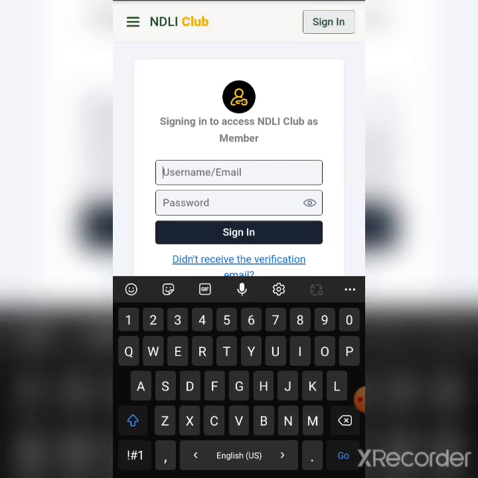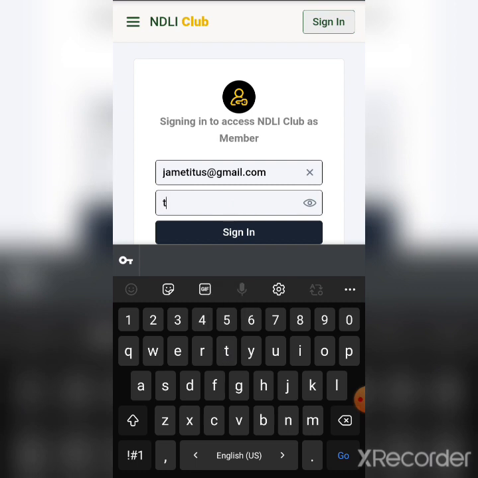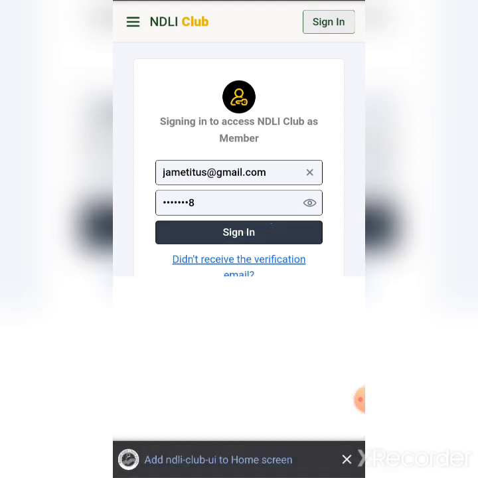Click the website which we used. What is the password we used? Same password only.